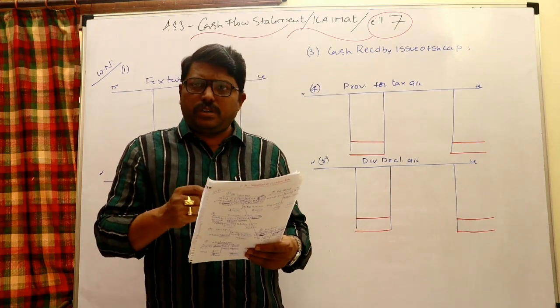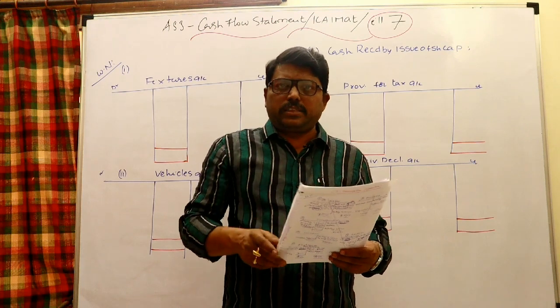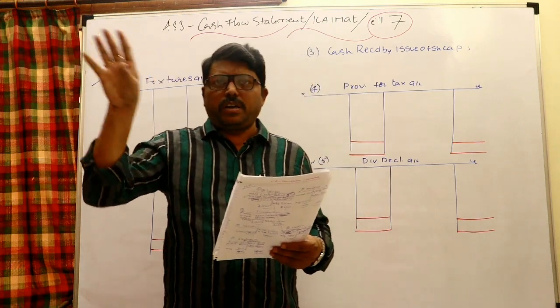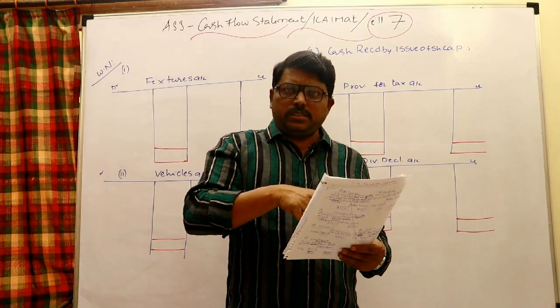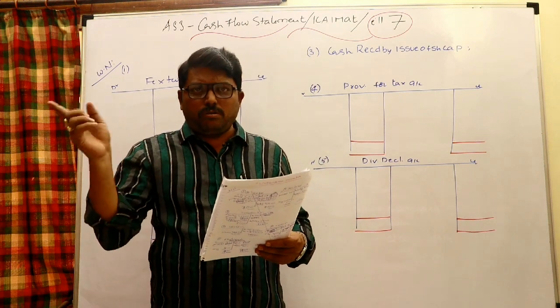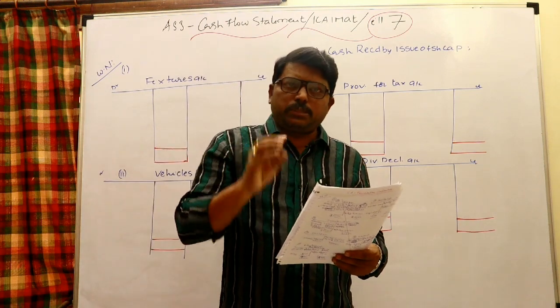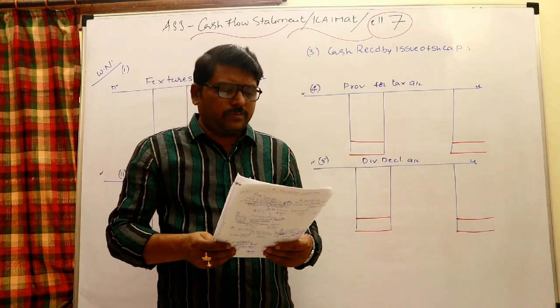Taxation, which is the provision for tax, is given for last year and current year. You can prepare a provision for tax account, with last year's opening balance and current year's closing balance given. We can take the amount provided through the P&L account, and work out how much tax was paid through the provision for tax account.